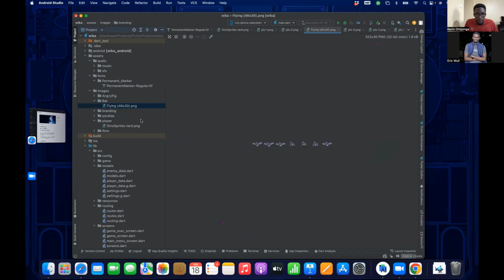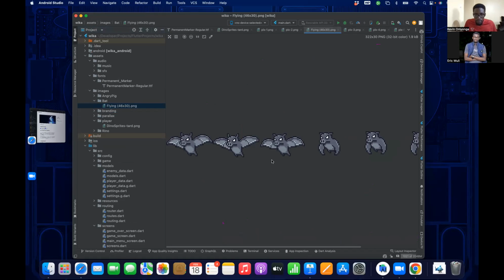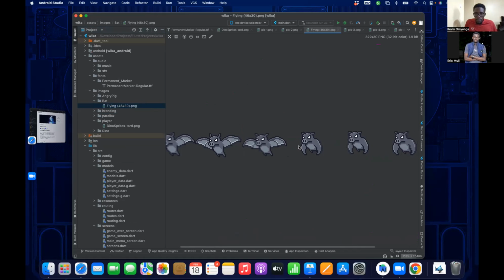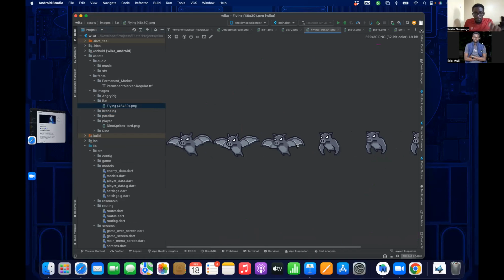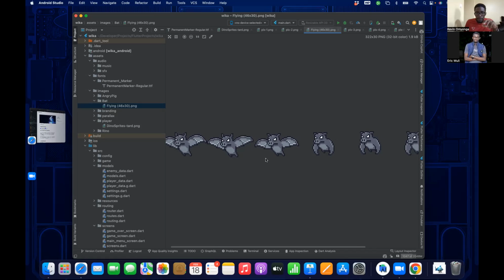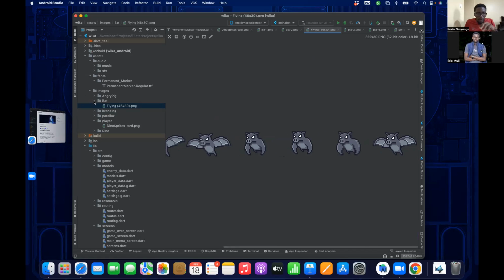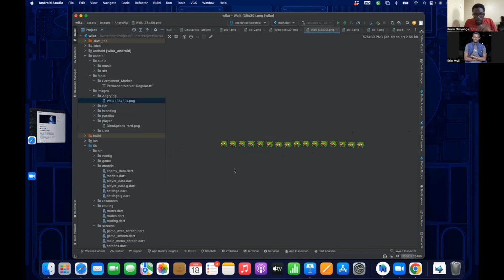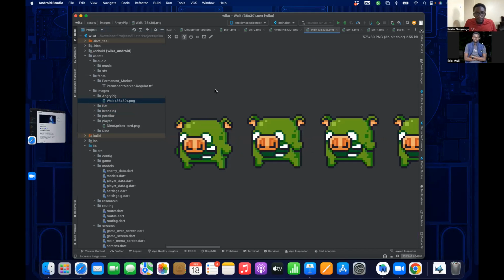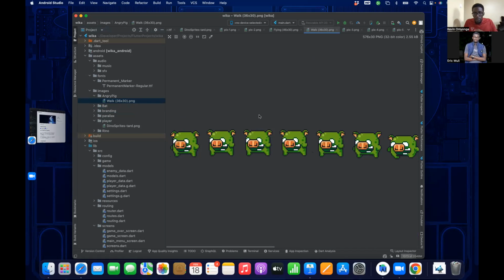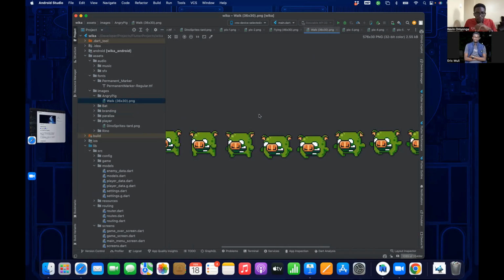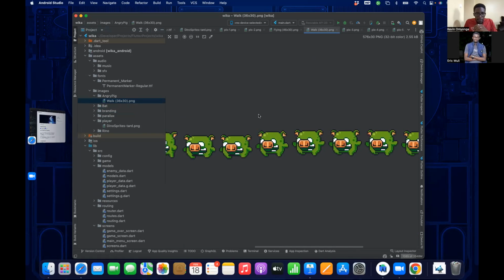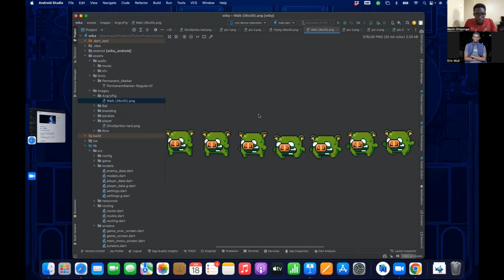For the bat, these are some of the enemies that you'll face as you're moving throughout the game. So you can see there's a sprite for the wings open, wings closed. Now as they flip continuously with a loop, it gives the impression that the wings are actually flapping as it moves towards you. For the pig, the pig is just walking towards you. And yeah, you can see how it looks.